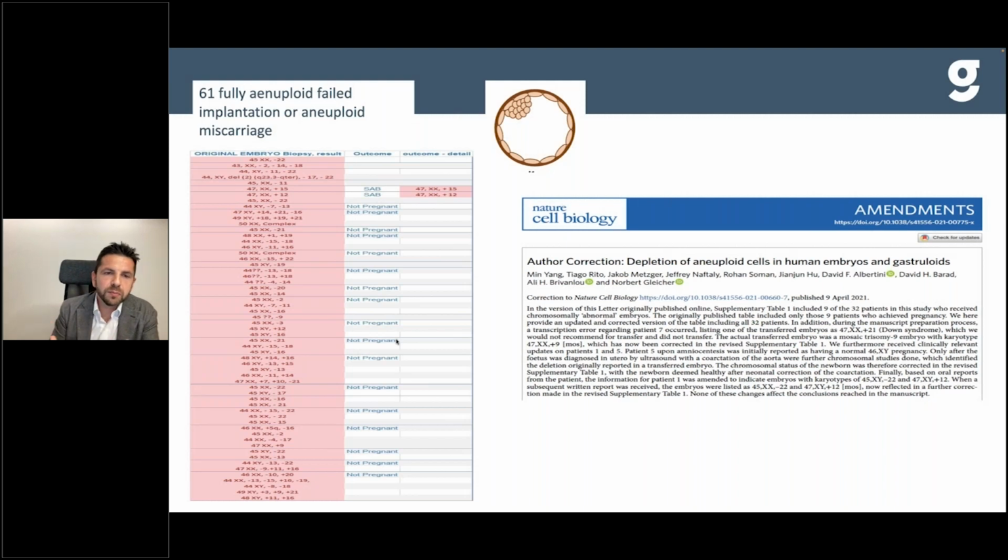This is also useful data because these outcomes come from different genetic laboratories and tell us that, in general, the prediction of uniform aneuploidies, meiotically derived aneuploidies, is quite consistent and robust across laboratories, and the outcomes are almost certain, even in those clinics that are not big fans of PGT-A.